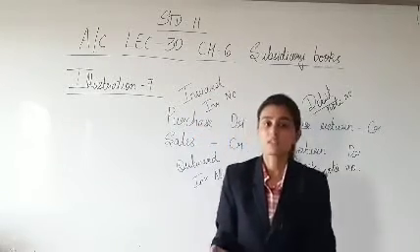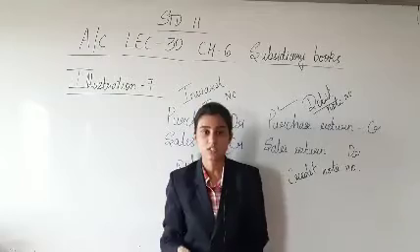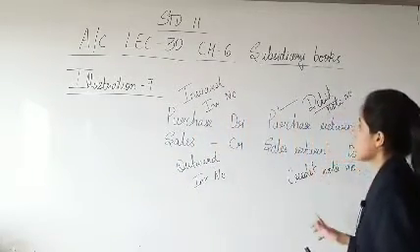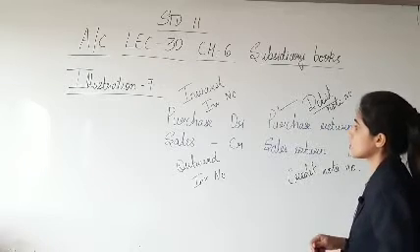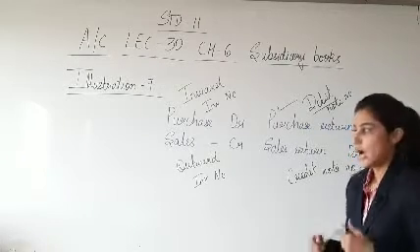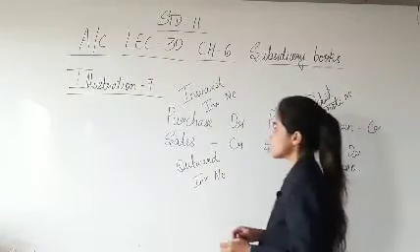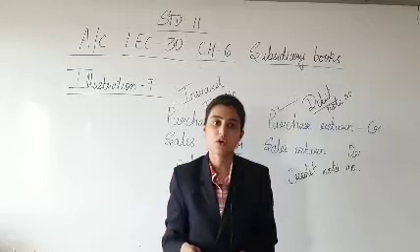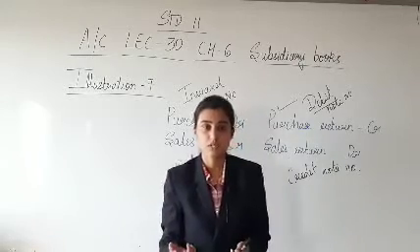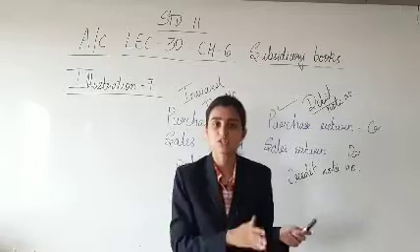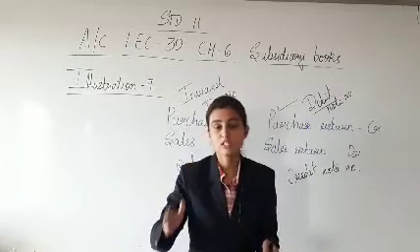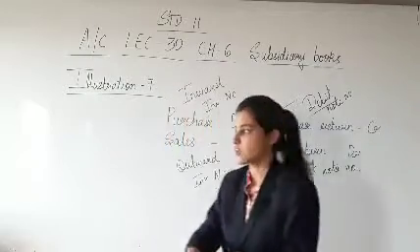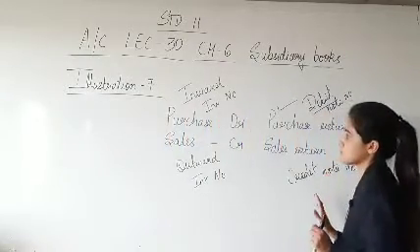Next, if we are talking about the transactions which will not be recorded in any of the subsidiary books, for that what you are supposed to do is write down a note. After preparing all these subsidiary books, you will write down a note saying that this transaction cannot be recorded in so and so book or any of the subsidiary books, or you can mention that this transaction will be recorded in this particular book, that is in cash book, in journal proper, and hence it cannot be included in any of these books.